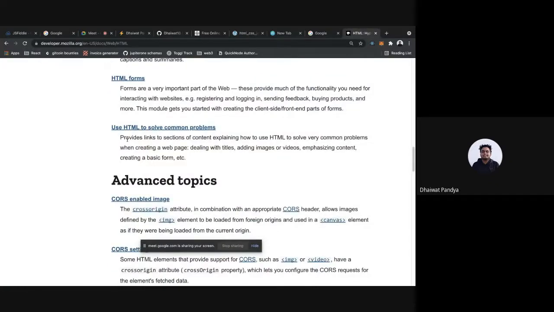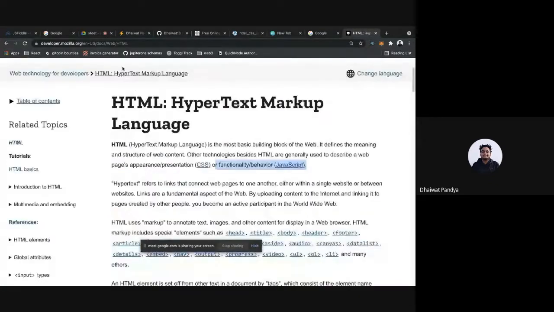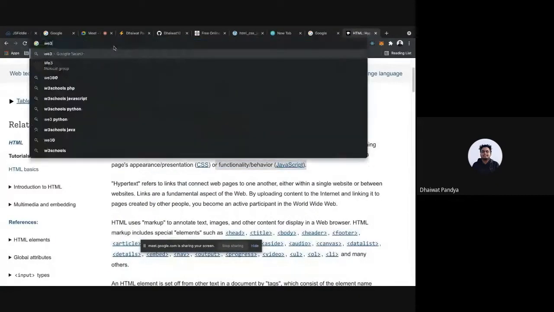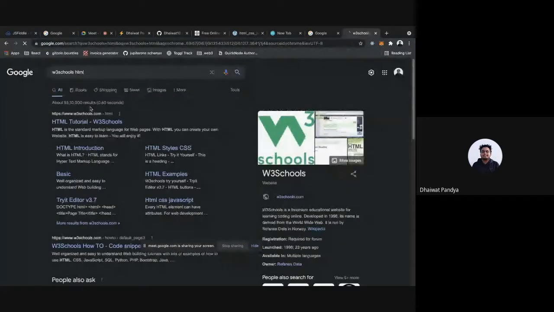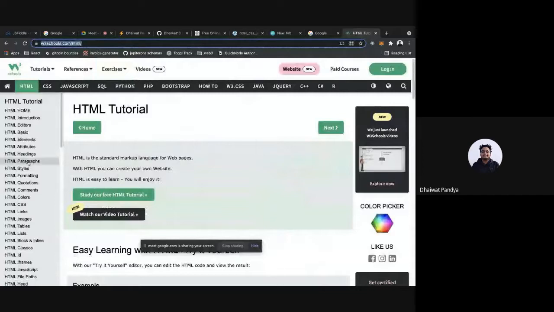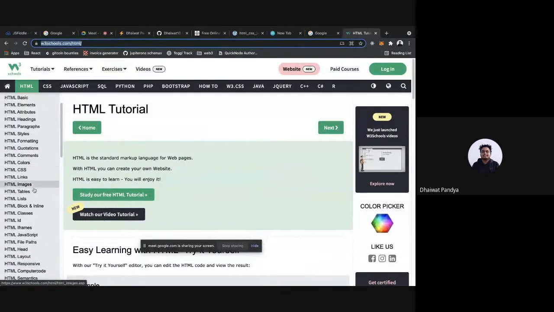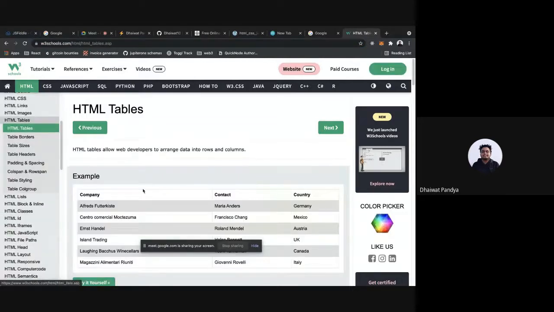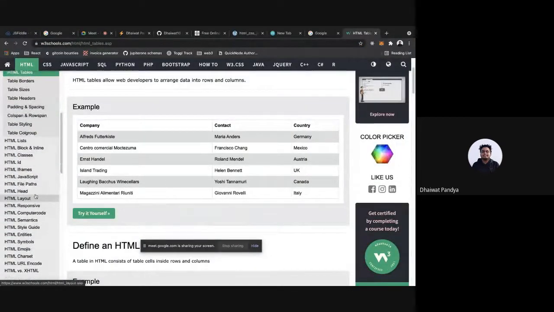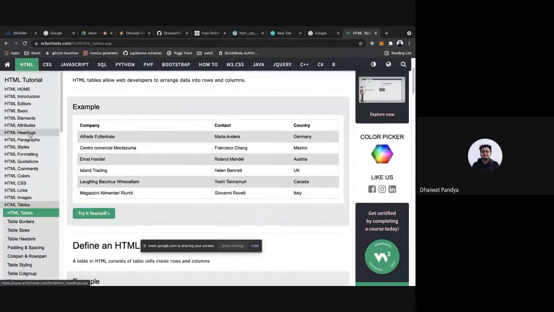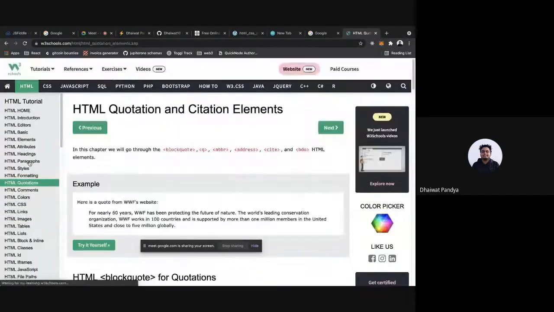All HTML elements are listed here. W3Schools is also a great way to learn about different HTML tags. You know, all of these things you can try. All of these you can build tables. You can build, I don't know, quotations.